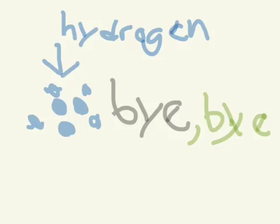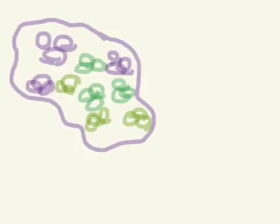Someday, in about 1 trillion years, our sun will run out of hydrogen. So you have to say bye-bye to hydrogen. But luckily that's only in 1 trillion years, so don't worry about it. Then the sun will pull together helium atoms into sets of 3 to make bigger atoms. These atoms are 6 times bigger,